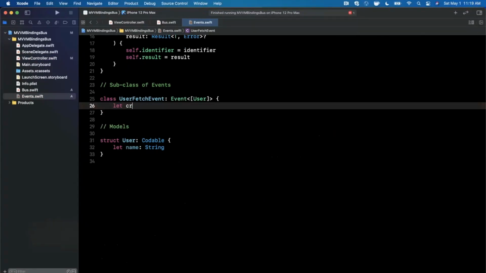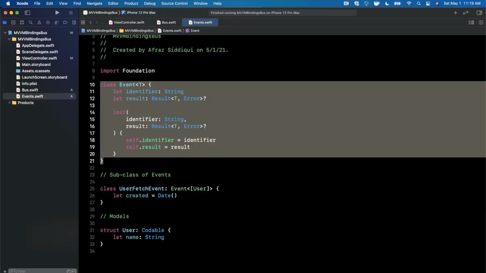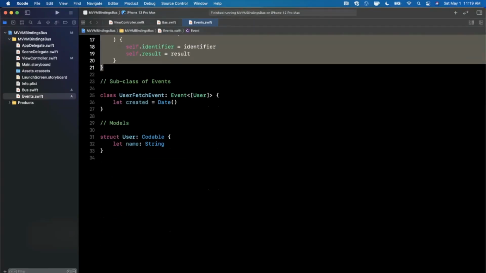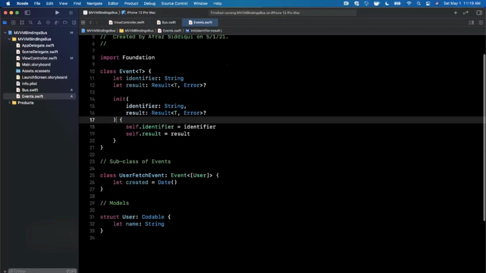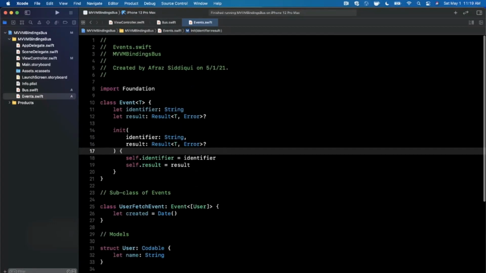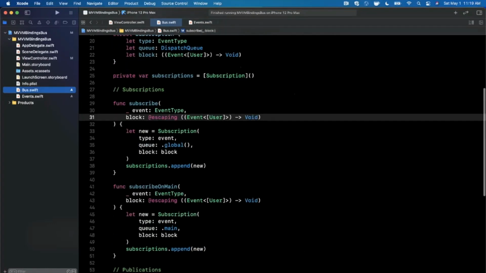Perhaps we want to go ahead and add a created, right? We want to hang on to in this class when the user fetch actually happens. So this inheritance approach with generic types lets us have a common contract for our events, but it also gives us the flexibility to extend them as we see fit. So moreover, we also changed our bus to take in just a UserFetchEvent instead of a generic